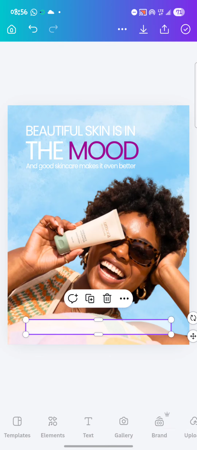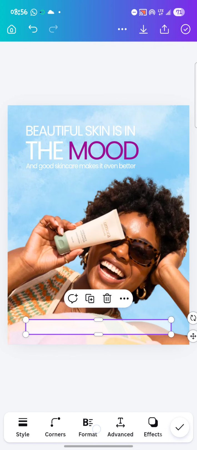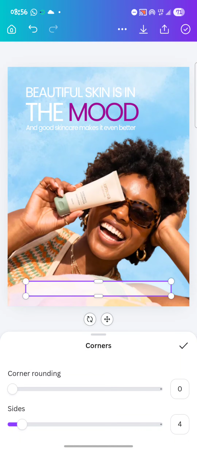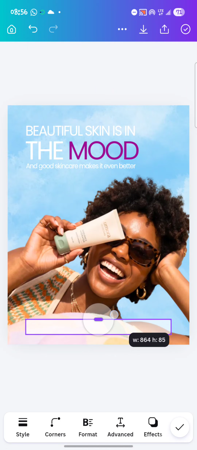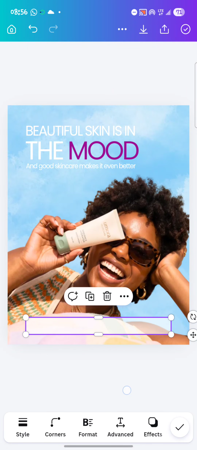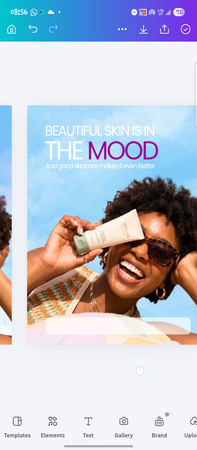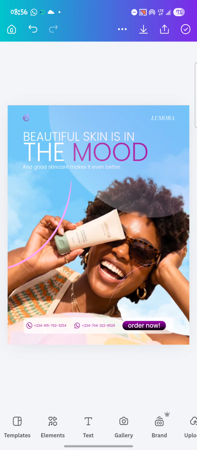So that is that about that. Then again, you make sure the corner is a little bit round. You come to your corners over here of the shape again. Increase the corner rounding. So I think that's okay for our design. That is okay. So the next thing we add in are the text inside this thing and the WhatsApp and